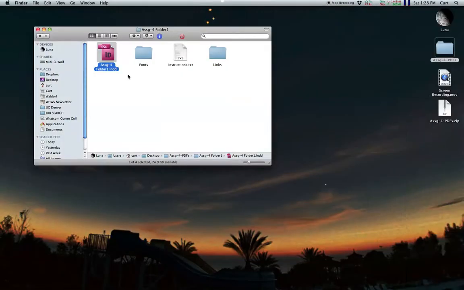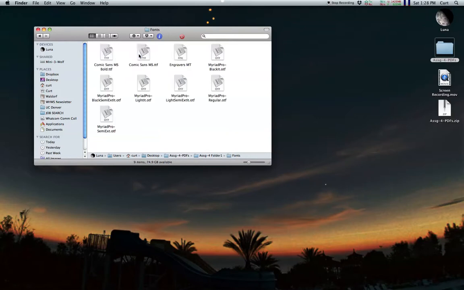And I'm going to go back and look in the fonts folder of the packaged file. There should be those fonts in there. Myriad Pro Extended Light. So I'm going to use the Font Book on Mac for installing these fonts. It's quite simple, much simpler than using Suitcase. And for this assignment, it's fine just to use Font Book, where if you're designing, you would probably want to use Suitcase. But anyhow, I can just double-click the font,